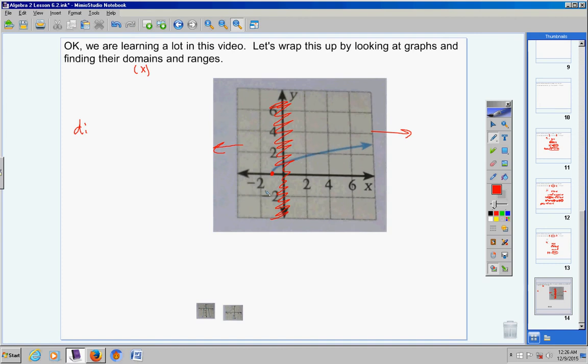Where is that equal to on the x-axis? -1. Do you see why I crossed off the y-axis? I don't want you looking at those numbers. Sometimes students get confused with which numbers to use on which axis. We're dealing with domain, which deals with x, so cross off your y's. Okay? So,